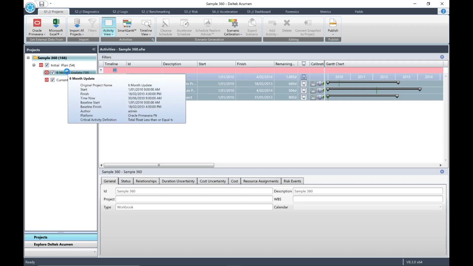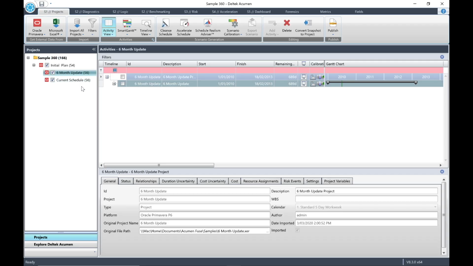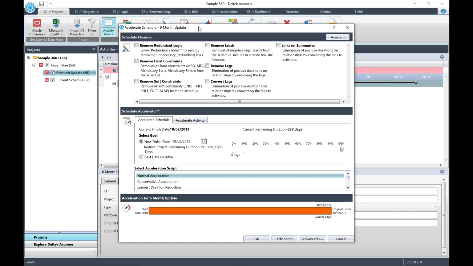Make sure that you have highlighted the 6-month update. Then click the Accelerate Schedule button. In the Accelerate Schedule window that opens, you will see the name of your selected project at the top of the window. The window is broken into 3 horizontal panes: Schedule Cleanser, Schedule Accelerator, and Acceleration for the project, shown